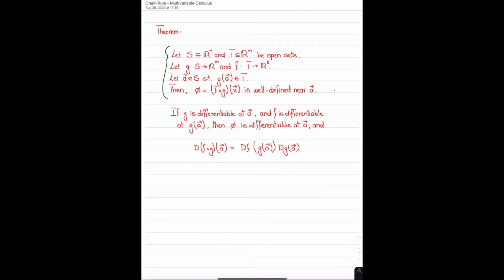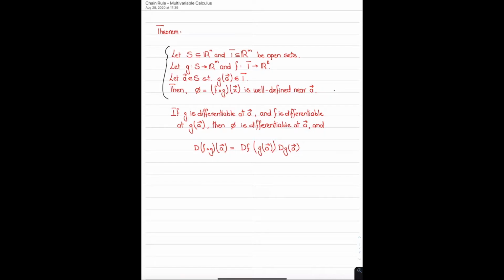We then define a function phi, which is basically the composition of f and g. In other words, more particularly, it's f evaluated at g of x. And we note that this is well defined near A. The reason why it's well defined near A is because S and T are both open, and A is an element of S, which implies that A is an element of the interior of S, because S is open. And that allows us to conclude that the ball centered at A with radius epsilon is a subset of S,